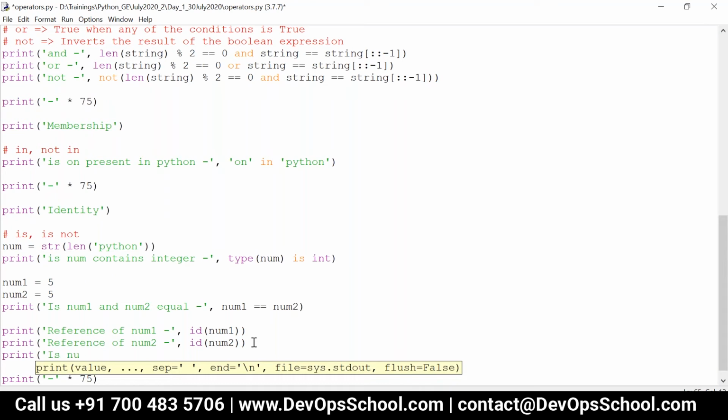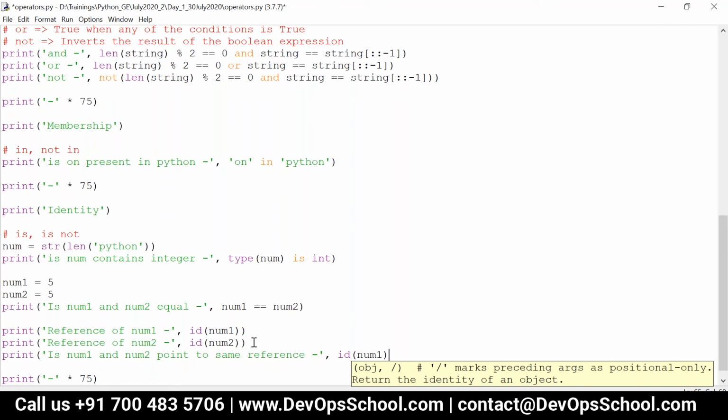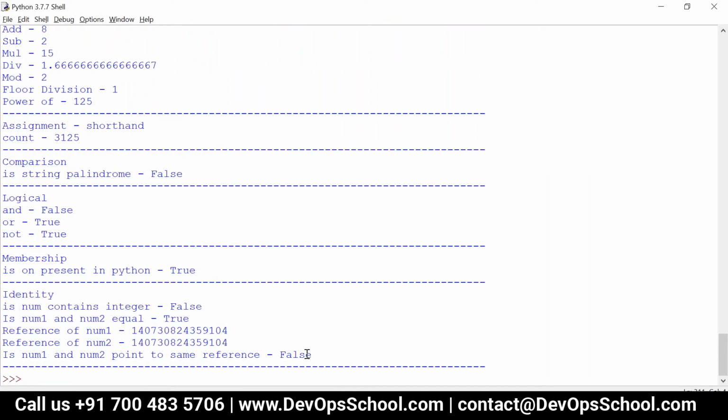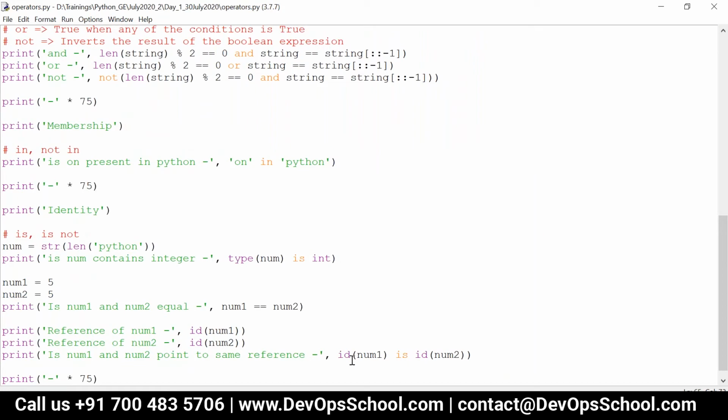So if I want to check whether both are pointing to the same memory reference, I can write: is num1 and num2 pointing to the same reference? So I can write id of num1 is id of num2. Sorry, num1 is num2.